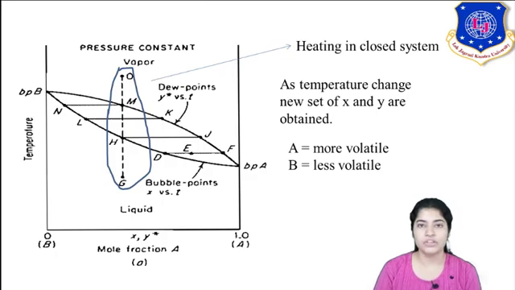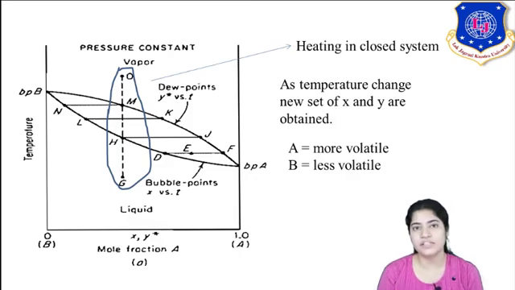Both vertical scales represent temperature, whereas the horizontal axis at the bottom represents mole fractions, in both X and Y plots. You can see the boiling point of A is less than the boiling point of B. Because A is more volatile, it will boil early. Hence the boiling point of A is less than the boiling point of B. Similarly, as we saw in the last lectures, at point G I have my mixture of A and B, where A is more volatile.